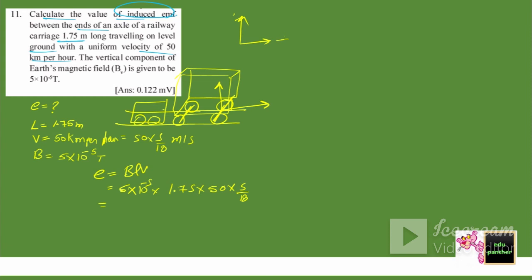So just multiply this, you will get the answer, and that will be in volt, not in millivolt. Millivolt में नहीं होगा, volt में होगा. Now you can convert into millivolt by multiplying by 1000. 1000 से multiply कर दो तो millivolt में वो आ जाएगा. Okay, move to the next sum.